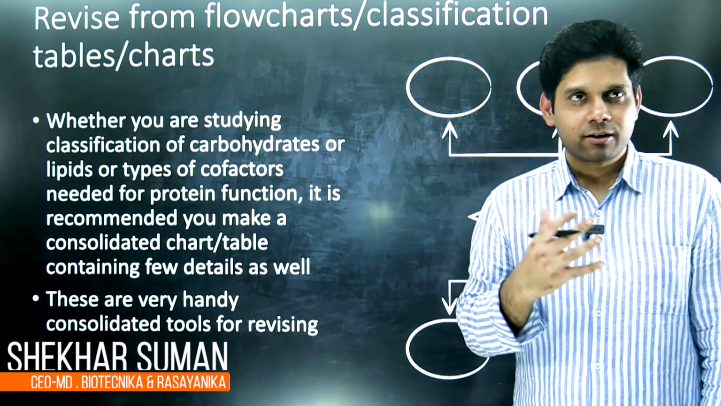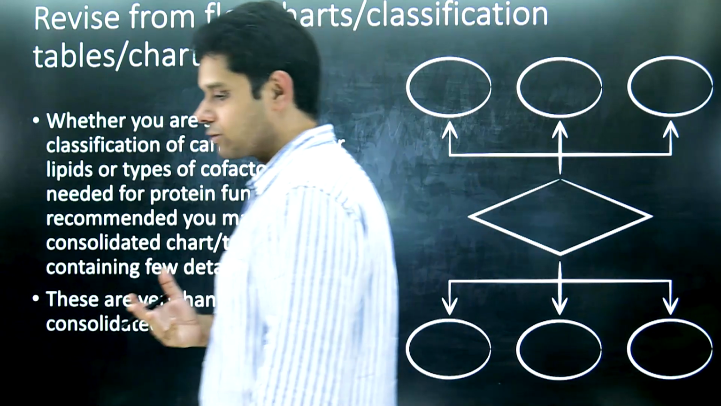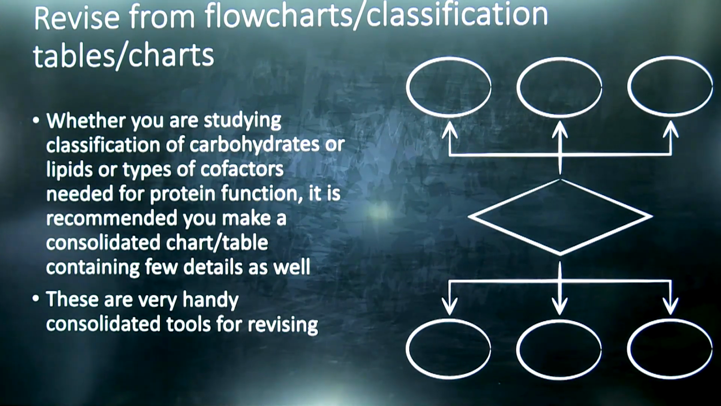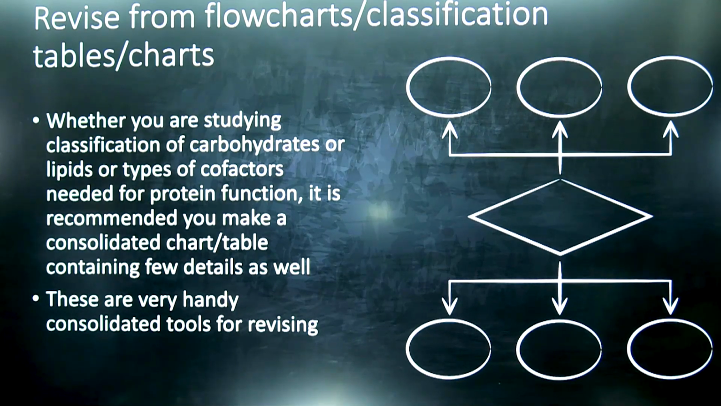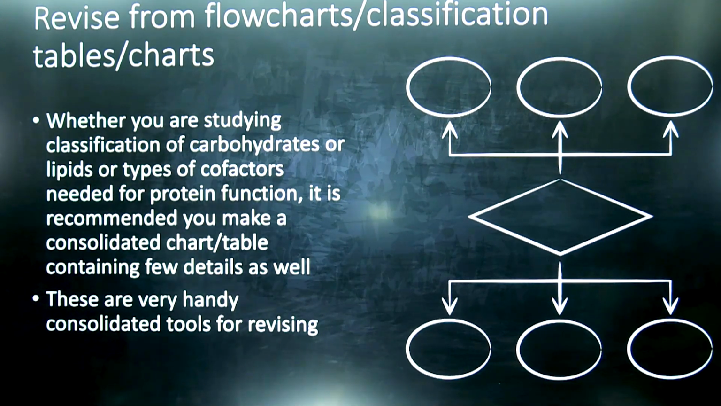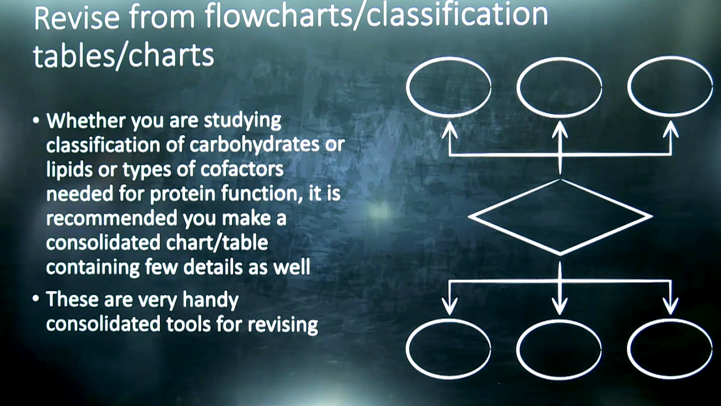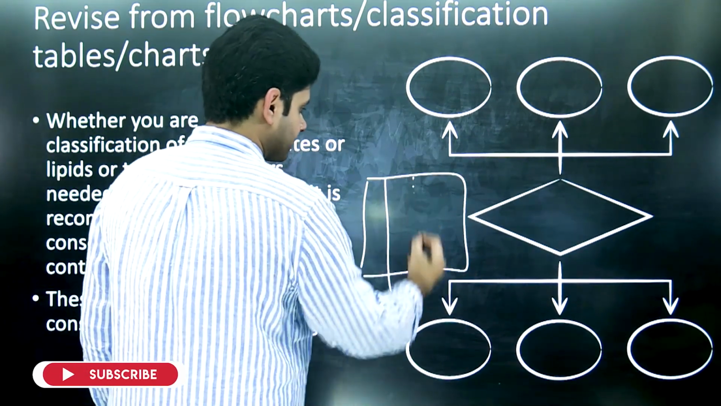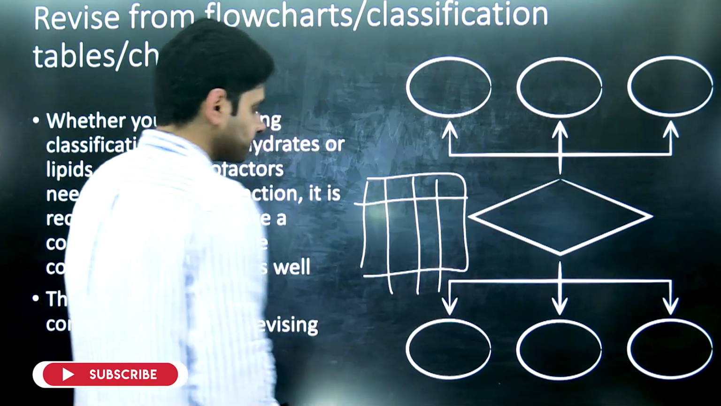The next thing is flowcharts and classification tables. Classification tables or charts are very important. Whether you're studying classification of carbohydrates or lipids or types of cofactors, protein function, it is recommended to make a consolidated chart or a table. Just take out a sheet of paper, use some colored pencils, draw it,